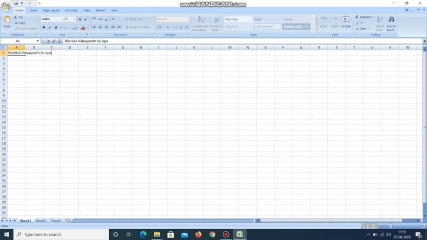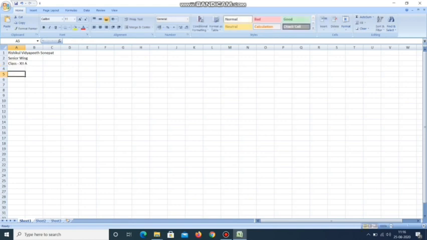Now suppose you have to create a result sheet of your respective classes. Then how will you do it? First of all, you will give the heading of your work. Like I type here Rishikul Vidyapith Sonipat. Then as you all belong to senior wing, I type here senior wing. After that I will write the class for which I am preparing the result sheet. Like I am making the result sheet of class 12th. I will write here class 12th.